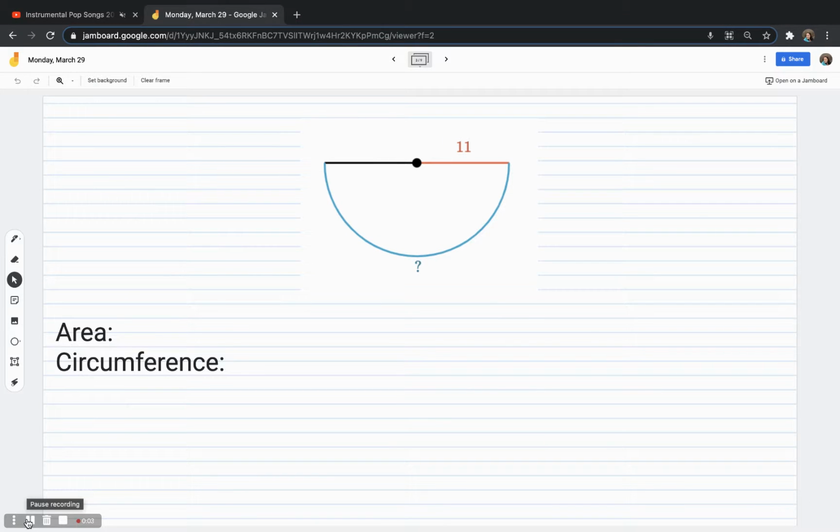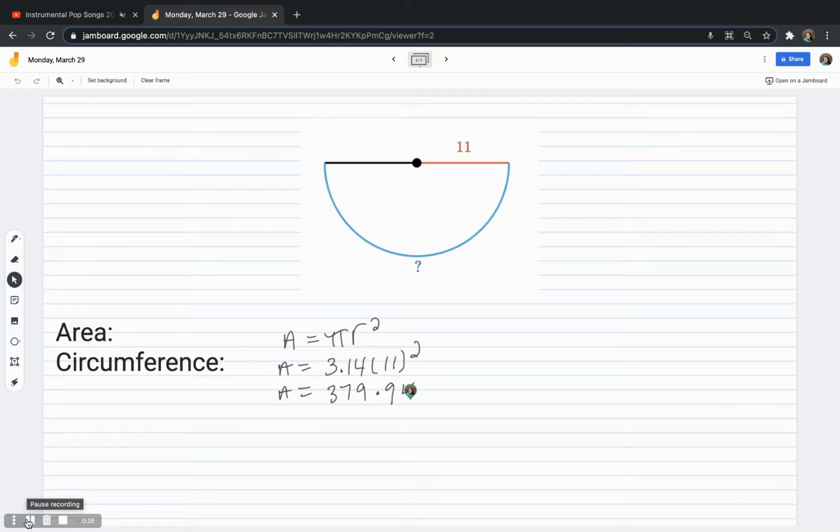For this first problem, I'm looking for the area of this half circle. To calculate area of a circle, my formula is pi times radius squared. The radius of this circle is 11, so we're going to do 3.14 times 11 squared, and that's going to give us